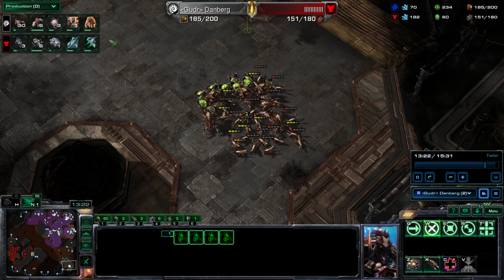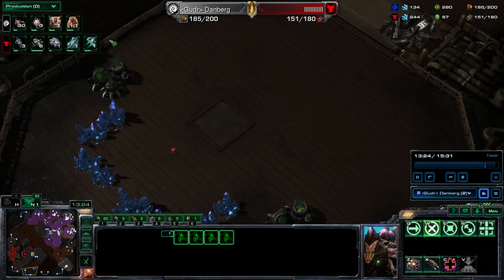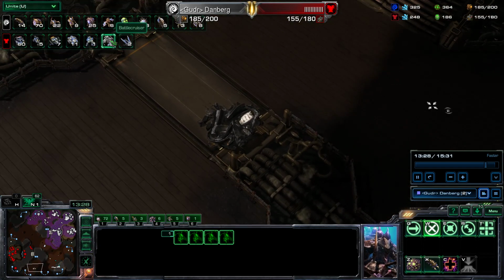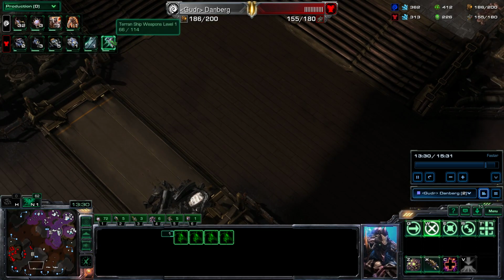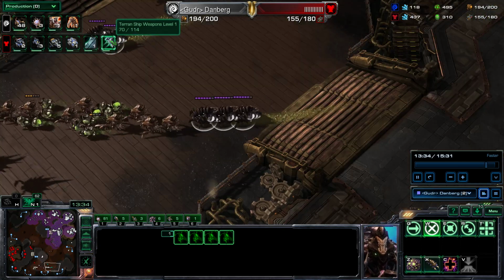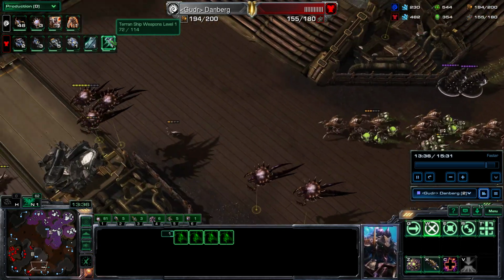Still diamond. Not perfect. Now, I have 70 workers against 60. And he keeps throwing his armies away. And I'm going to take a really nice trade. I've got my...